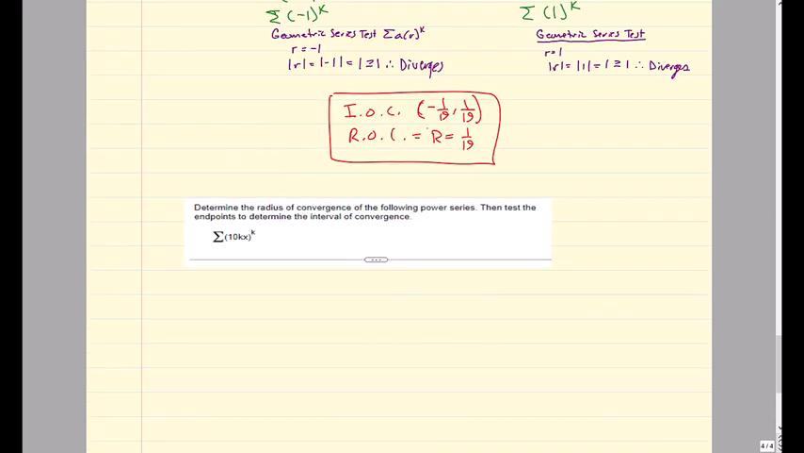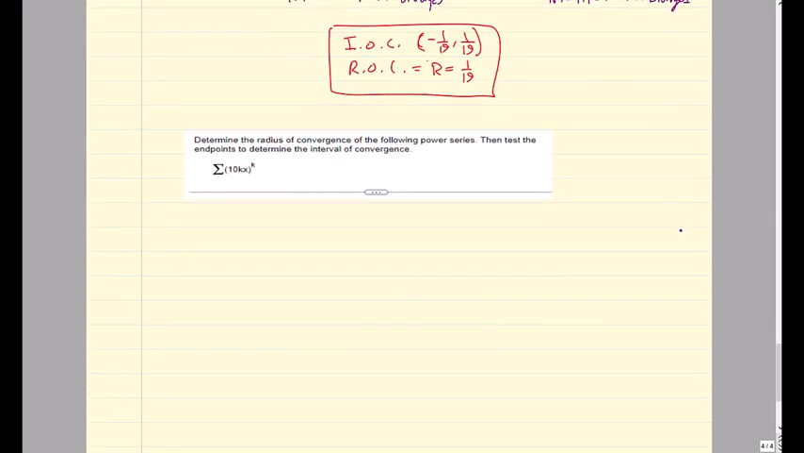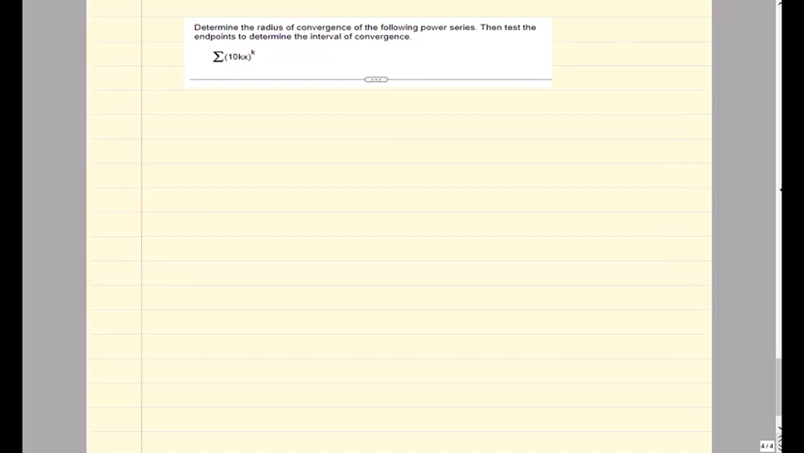So here's another similar problem. We're going to take the same approach as we did for the last one. It says determine the radius of convergence of the following power series, then test the endpoints to determine the interval of convergence. Okay, so let's go ahead and start. I have a power of k here, so I'll start